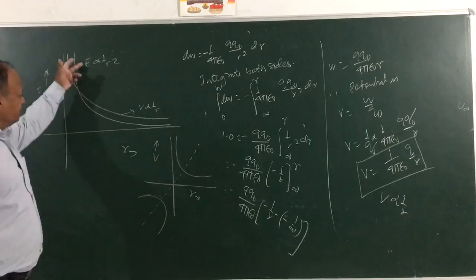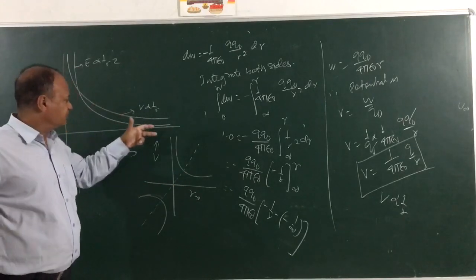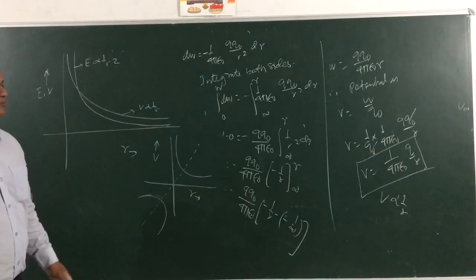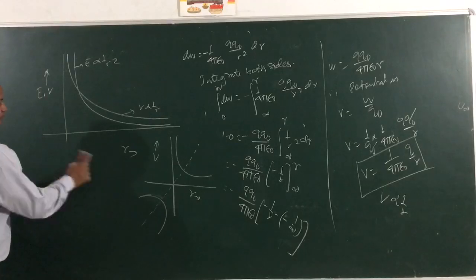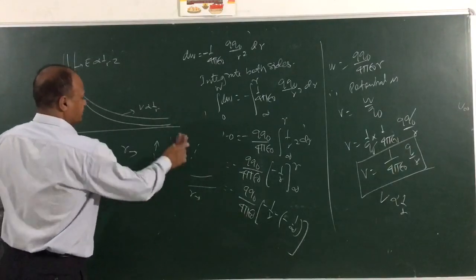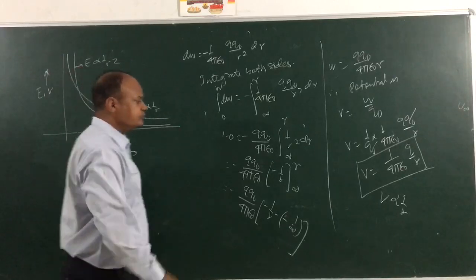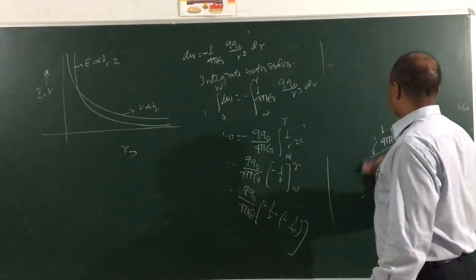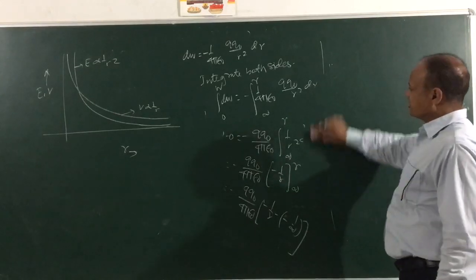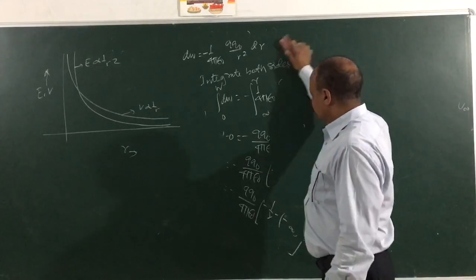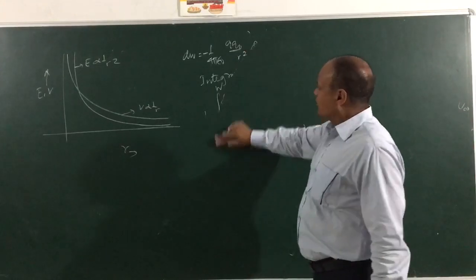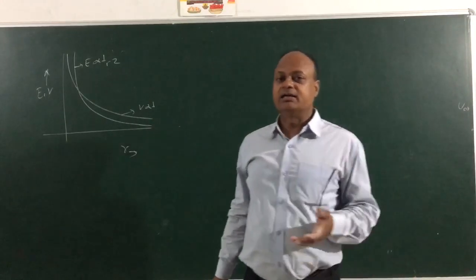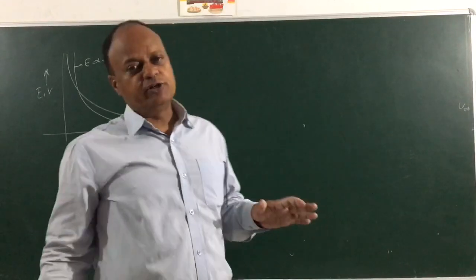So you can see that E will be dissipating faster. You can see it is more steep, and V is less steep. But both the values will vanish at infinity. So children, we did potential due to a point charge. When you do numericals, make sure that potential is a scalar quantity. It is not a vector quantity. So when I am calculating potential, I am not bothered about finding direction, angles and all those things. Just the magnitude will do.